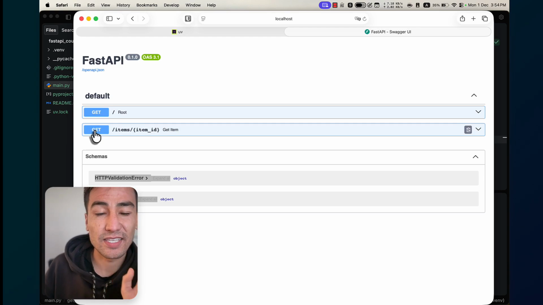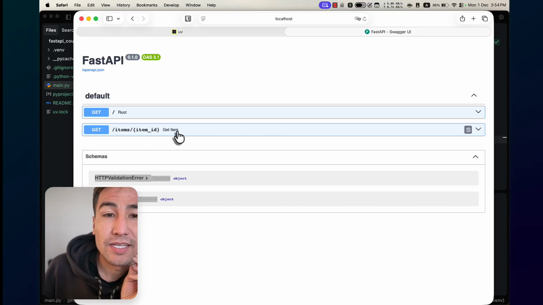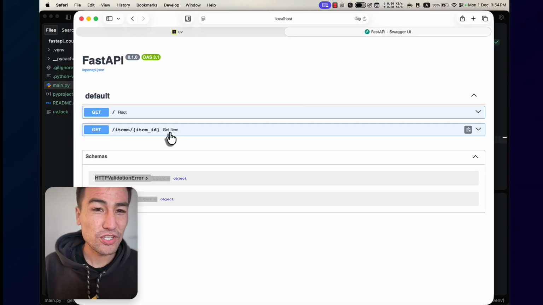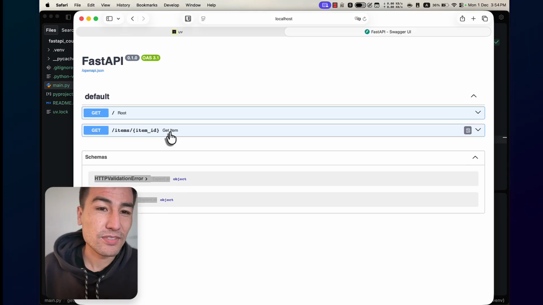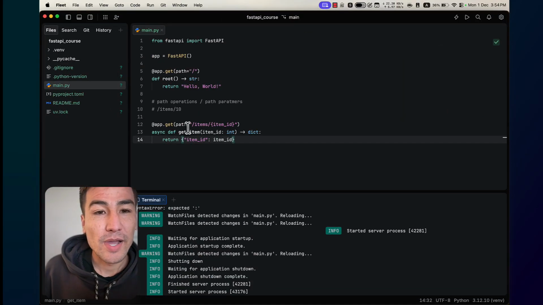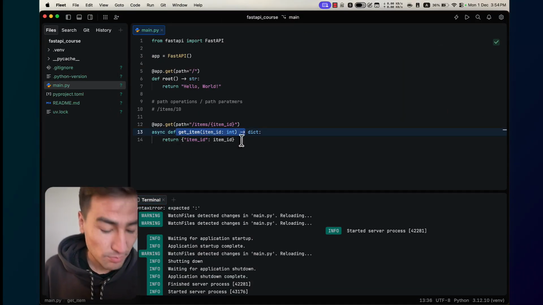You're seeing that this is a get method. The path for that is item slash item ID, and you see that FastAPI adds automatic documentation for this. How you see this get item, this is automatically added by using this function. We can add more documentation, but for now